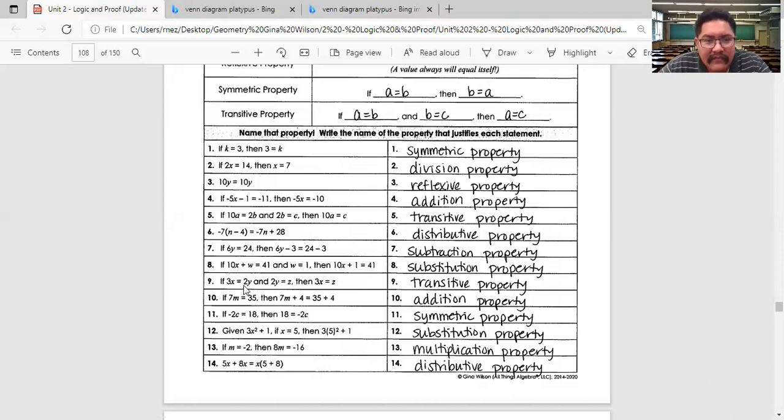But again, let's see if this statement, 3x, and they're joined by 2y in the middle, right? So one ends with 2y, the other begins with 2y. And the last thing is z. So the first thing and the last thing should be the same as well. And that would be transitive property. Again, it's like finding out the height of somebody,